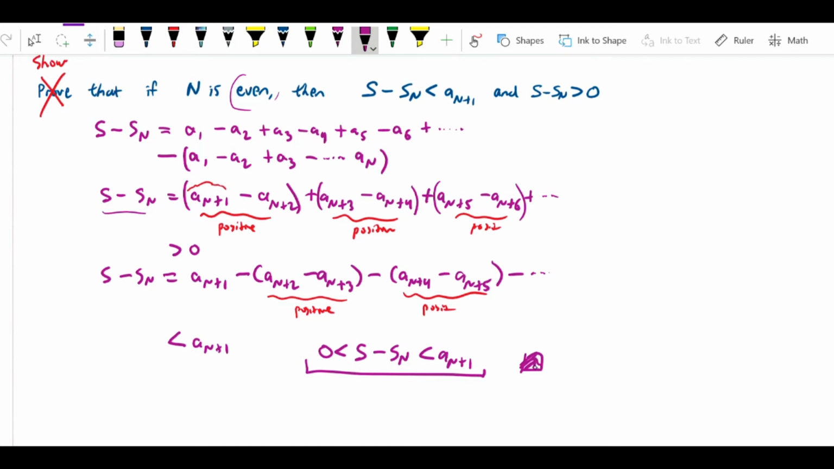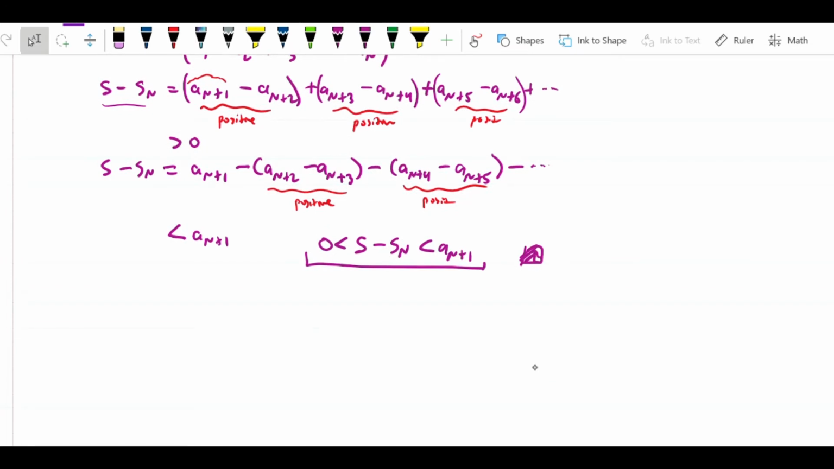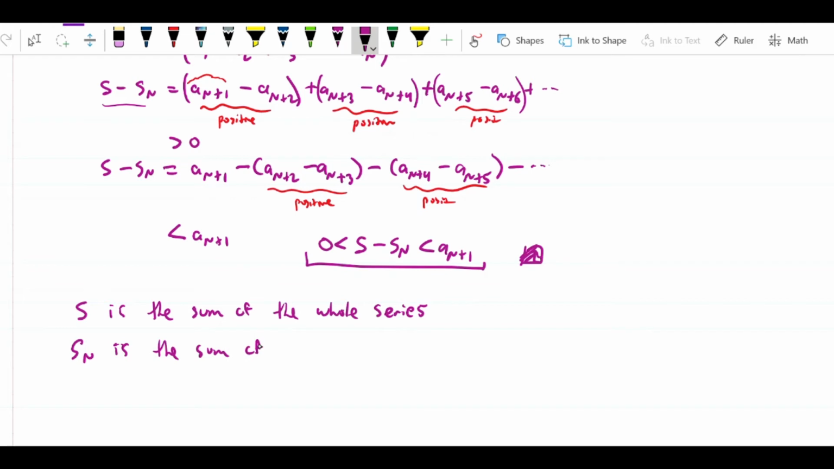The thing you have to realize is that S is the sum of the whole series, in other words, all infinity terms of it. And Sn is the sum of the first n terms, or at least the terms up to index n, depending on where we start. So the difference, S minus Sn, is the difference